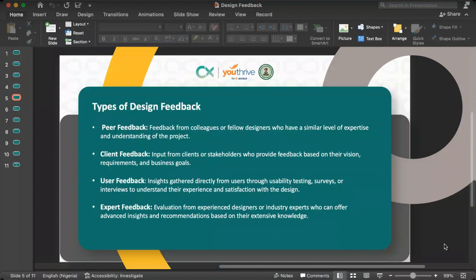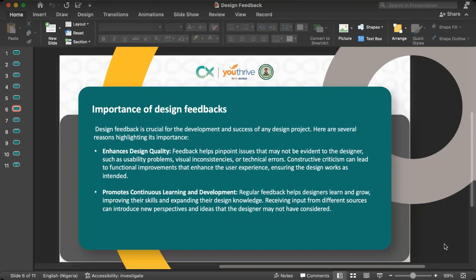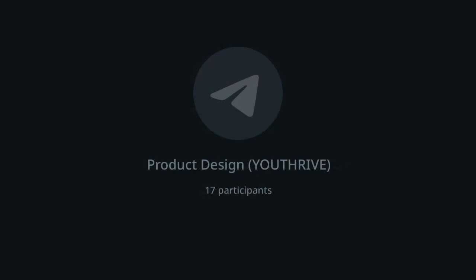The next one we have is expert feedback, of which you guys are looking at me as expert, where you show your design, and then she will give you feedback, evaluated by experienced designers, industry experts who can offer advanced insights and recommendations based on their intensive knowledge. So these are the four types of design feedback or various resources of design feedback. Now, the next one we have is, what are the importance of feedback? Now, all those